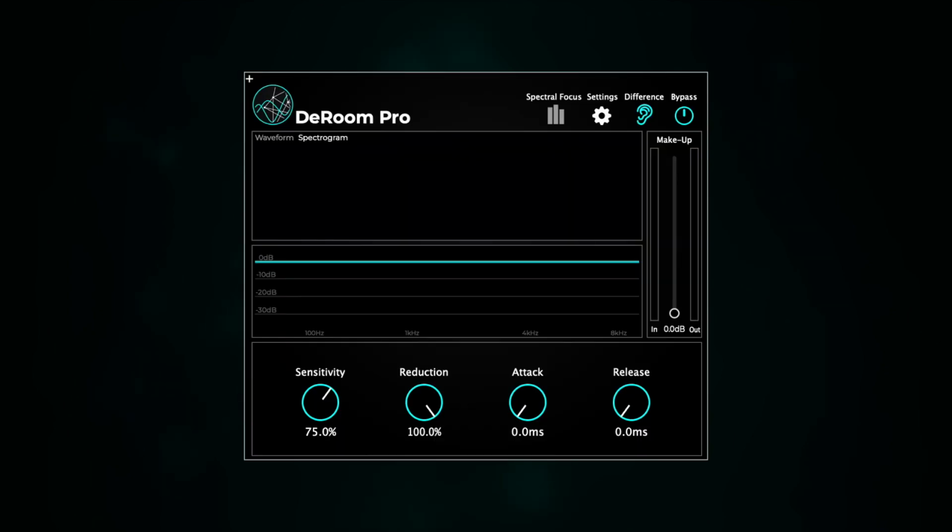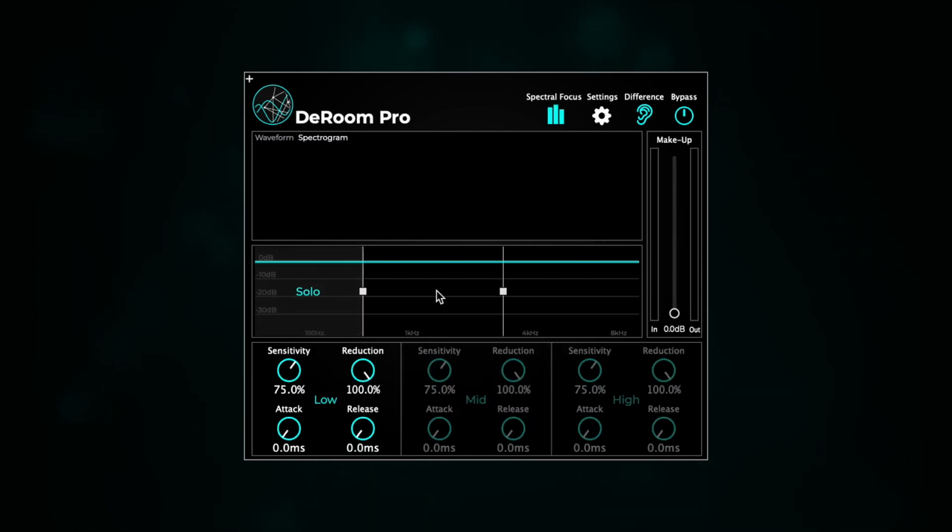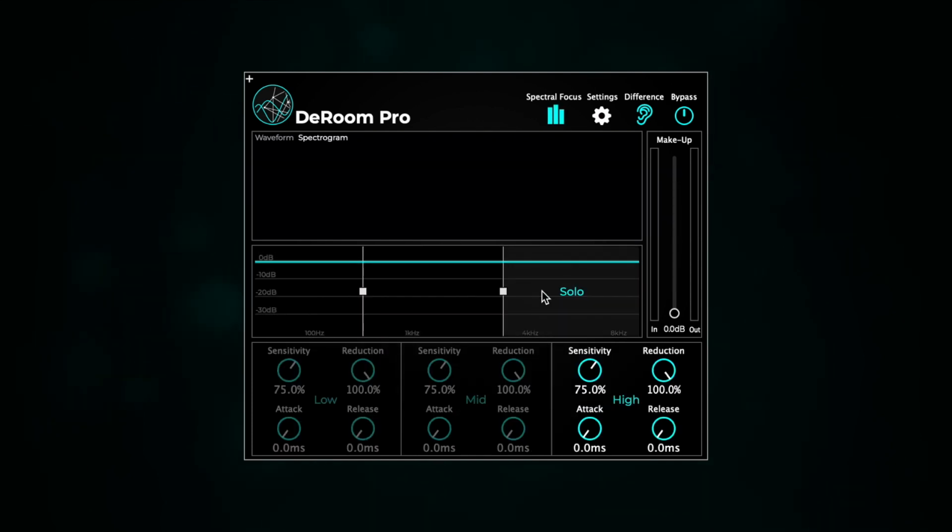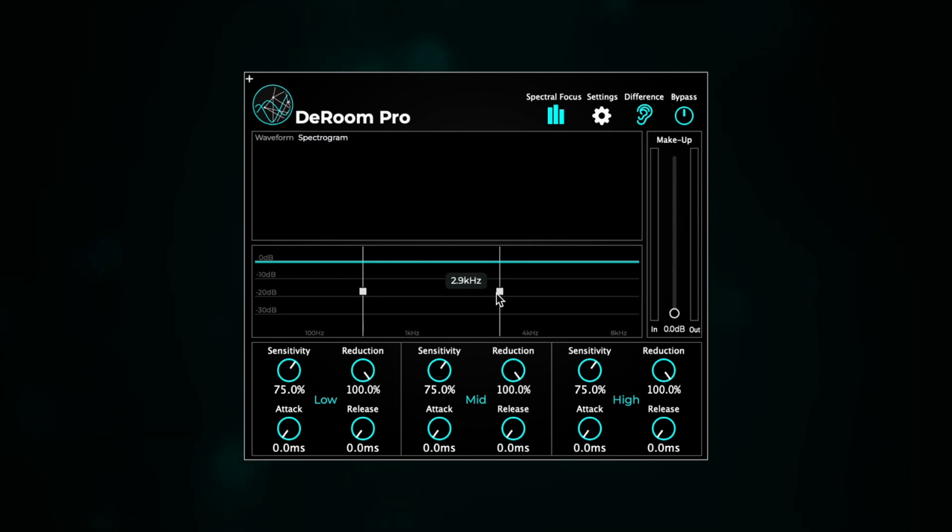In this video, I want to give you an overview on the controls of DeRoom Pro. When you first open up the plugin, it looks like this. On the top, you have 4 different controls: the spectral focus, settings, difference, and bypass. The spectral focus mode can be used to tune all parameters in 3 different frequency bands, which can be adjusted